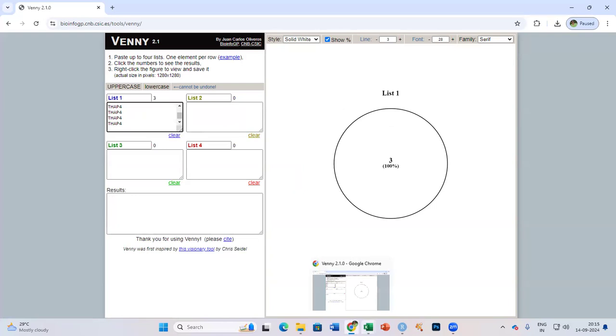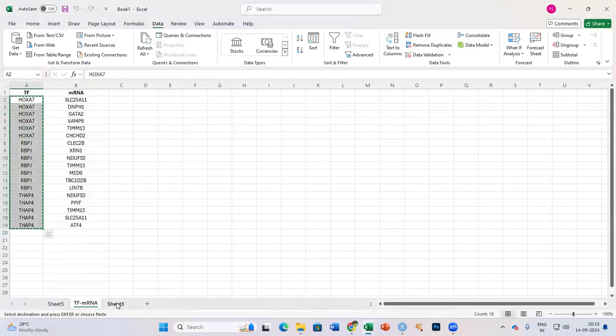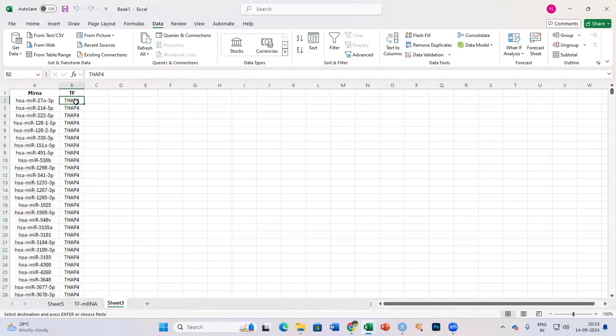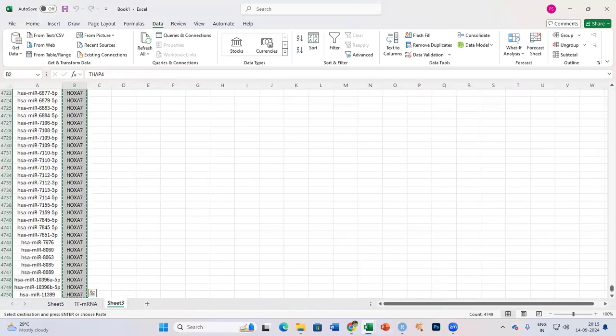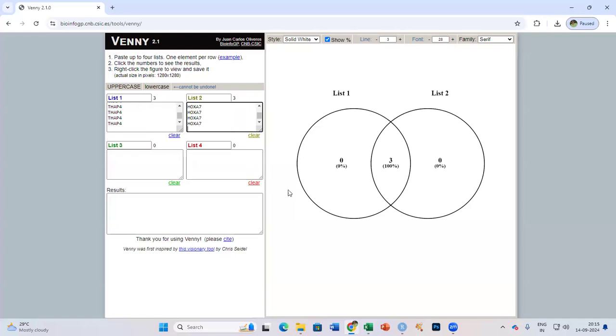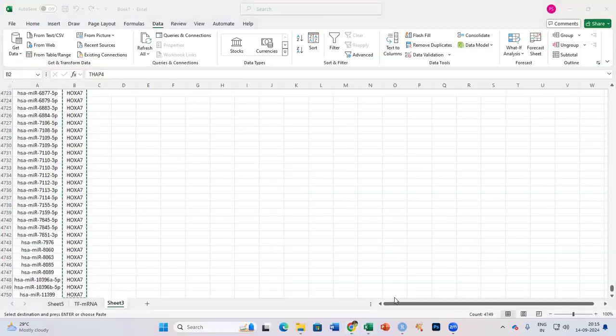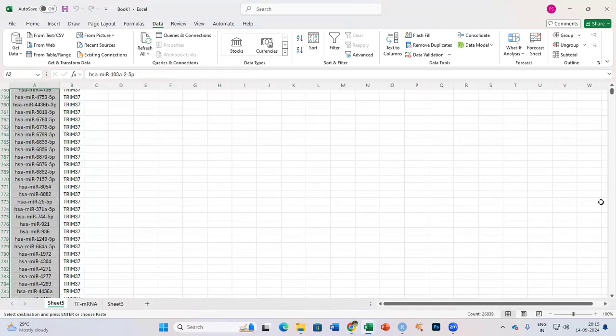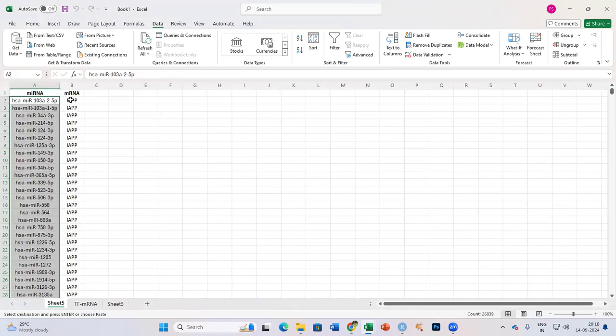So the TF gene is having 3. Now I will go to the miRNA TF. This must also have 3. So this is also having 3. That's equal. And there must be some discrepancy in the gene because we deleted many miRNAs again and again